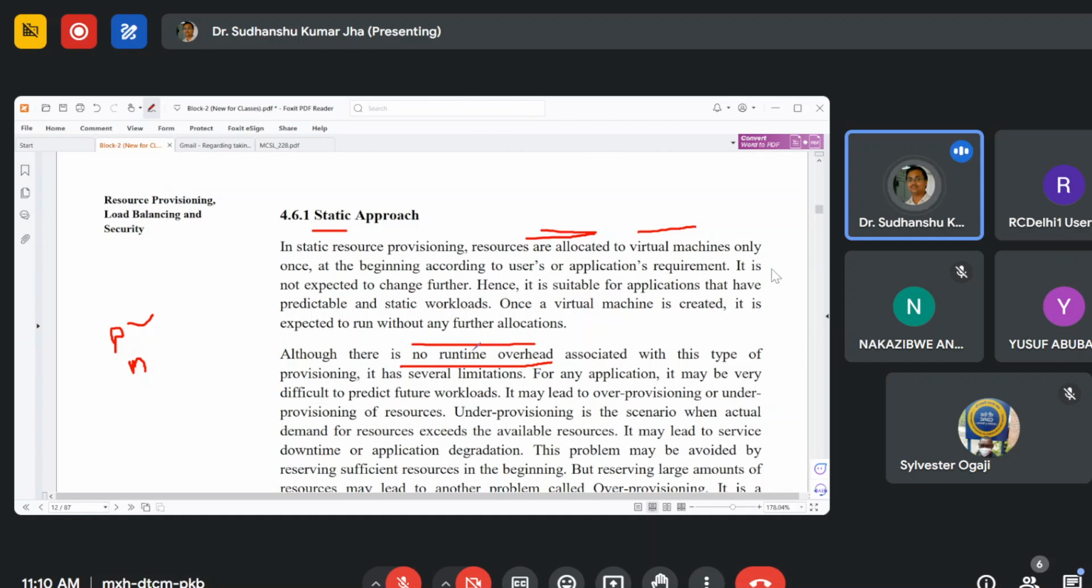You should have many replicas of the resources, because you will never know how many customers are coming at a point. Whereas